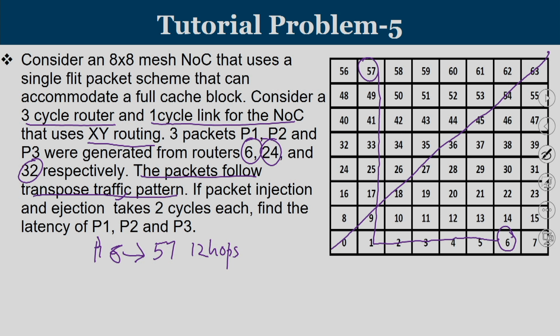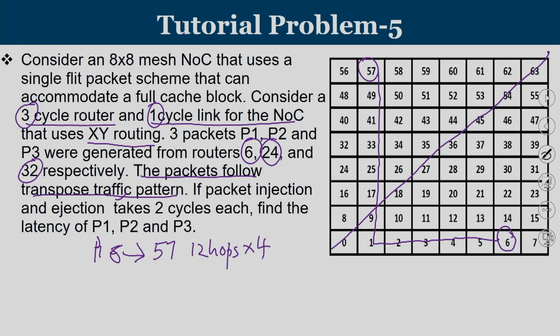And how many cycles are we going to spend in the router? There are 12 hops. In each router we will spend 3 cycles and in each link we are going to spend 1 cycle. So, it is 3 cycles in each router and 1 cycle in each link. So, a total of 3 plus 1, 4 cycles is what we are going to spend on each hop. So, we have to cover a total of 12 hops. So, 12 into 4,